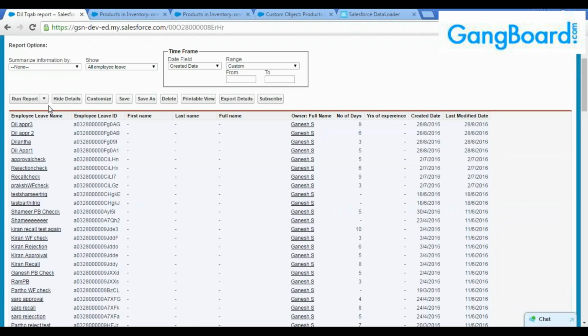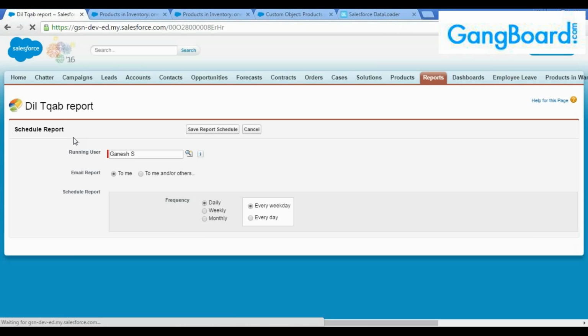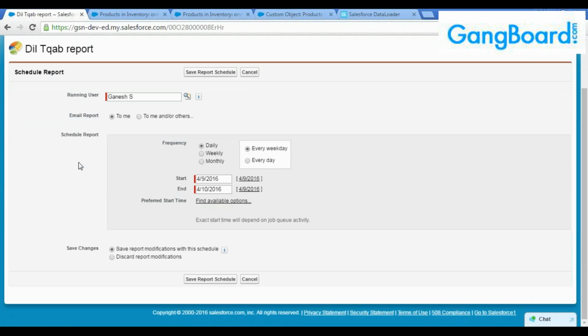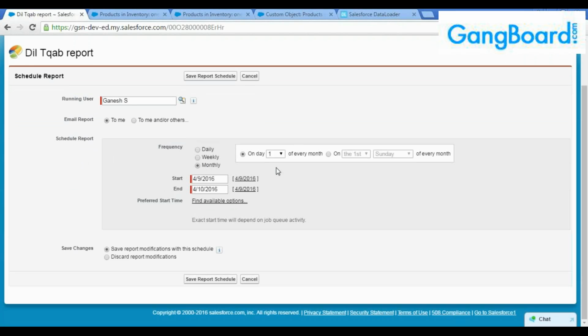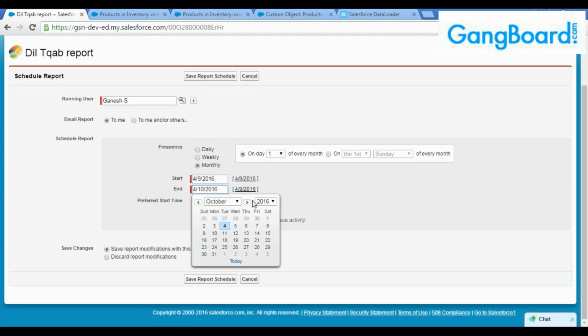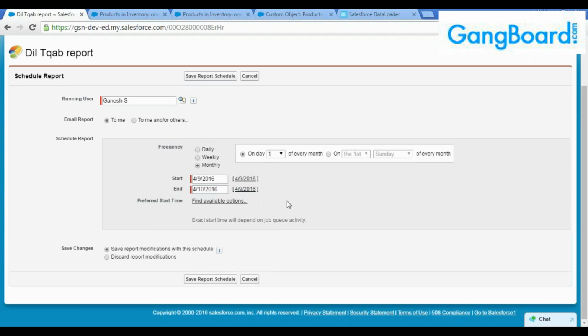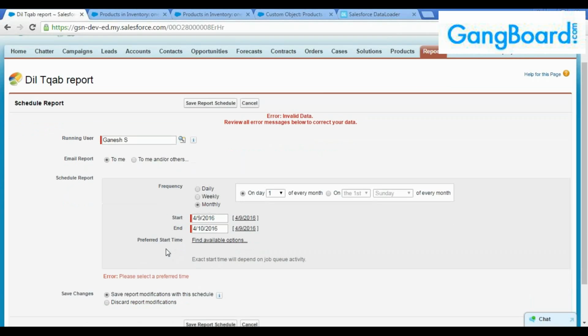Click on run report. Under that, click on see here. You will have schedule future runs. Click on this and it will show you can schedule it like this, whether daily, weekly, monthly or once. You can specify the date actually. Okay, and save. You can save the report schedule, and automatically